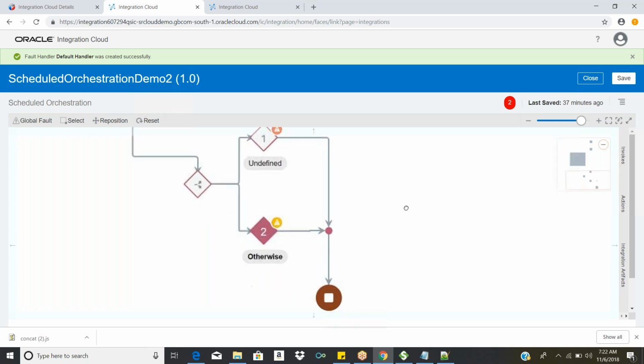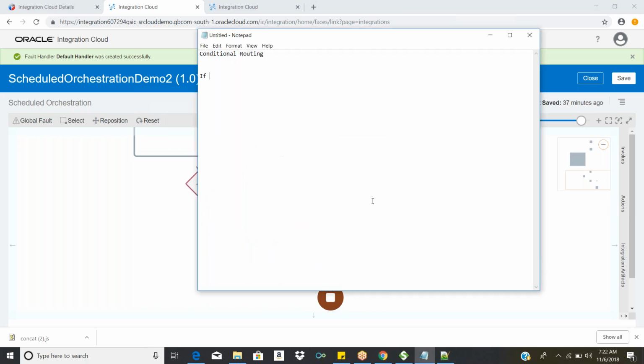What my condition is depends on your requirement. Let's say my requirement is that if any employee's salary is greater than 10,000 pounds, then give a bonus of 5%.